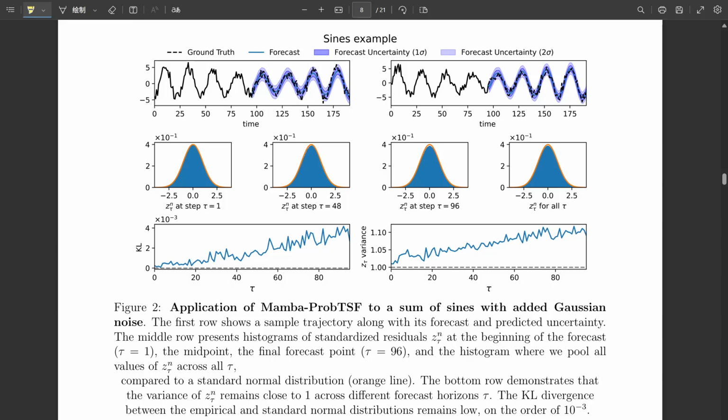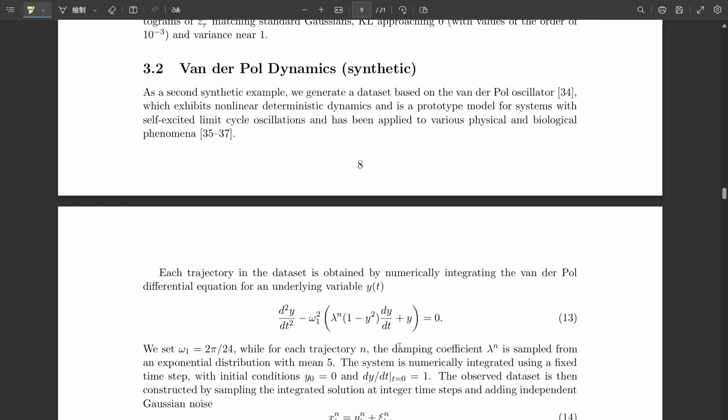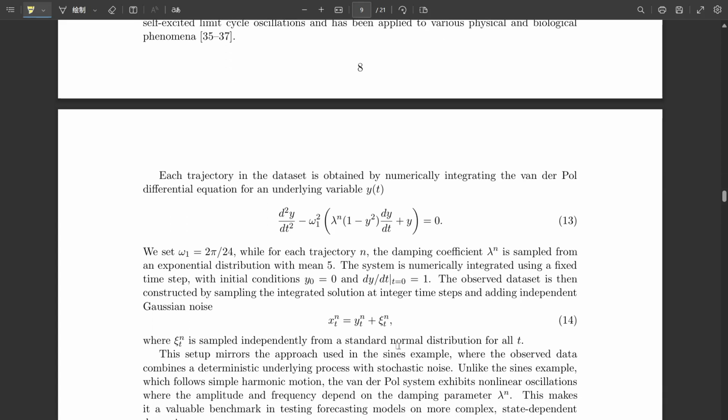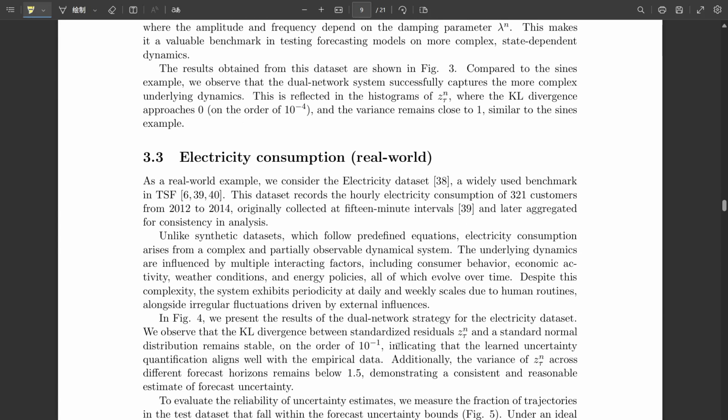Exactly. Lower KL divergence is better. 0 means a perfect match. It gives you a single number, summarizing how well the model captured the overall probabilistic structure, assuming that Gaussian target. Got it. So variance of residuals close to 1, KL divergence close to 0, those are the targets for a well-calibrated probabilistic forecast. All right, let's get to the results.